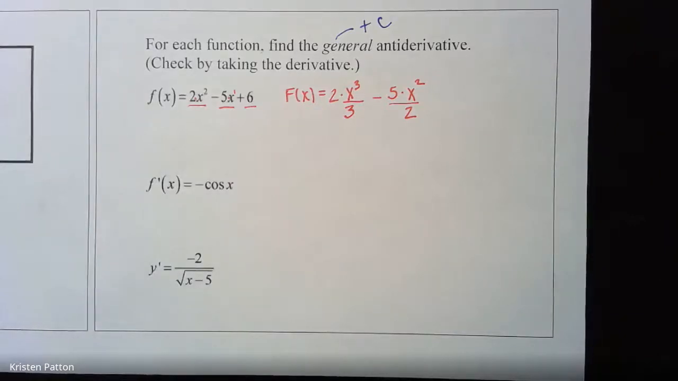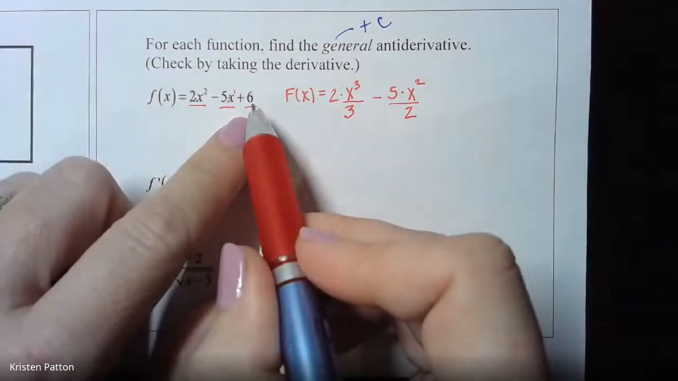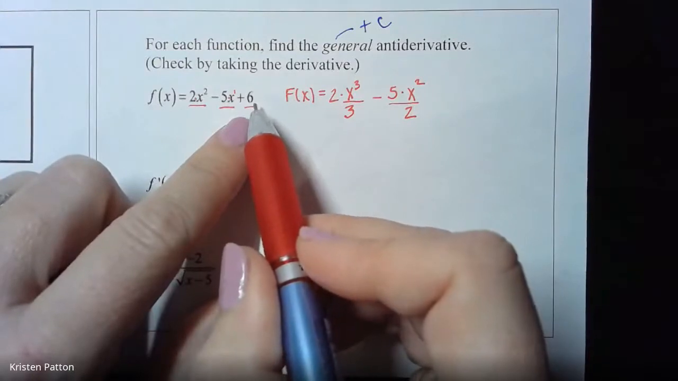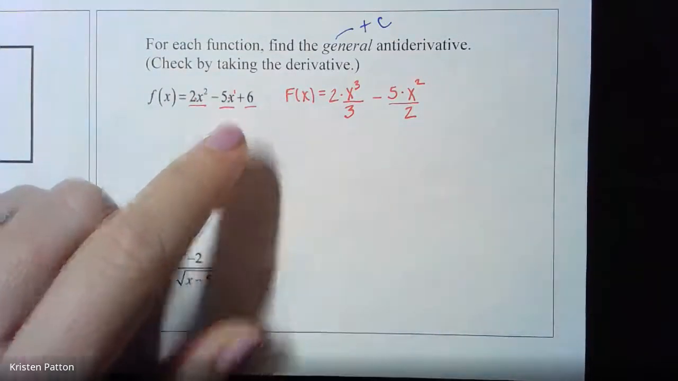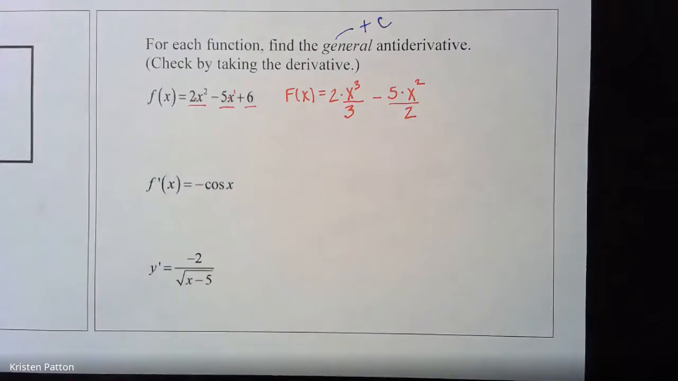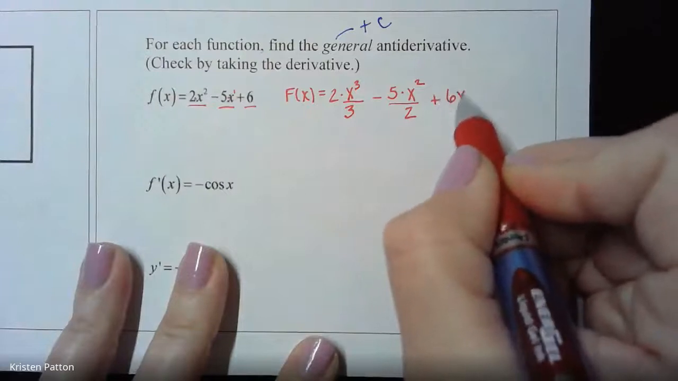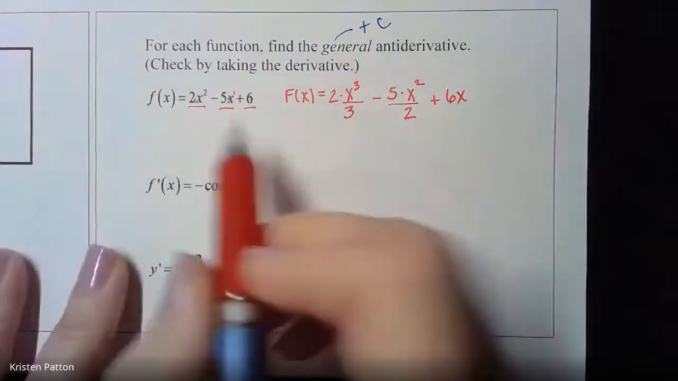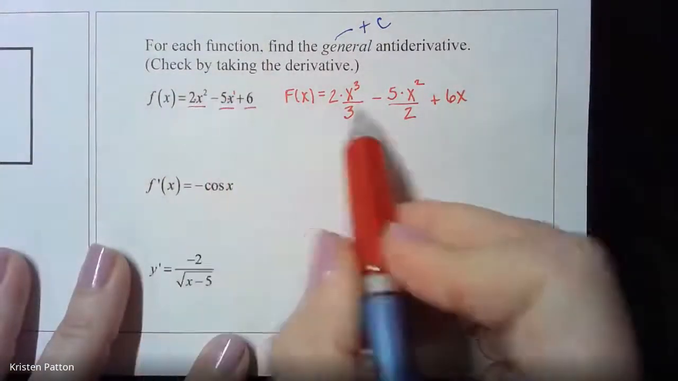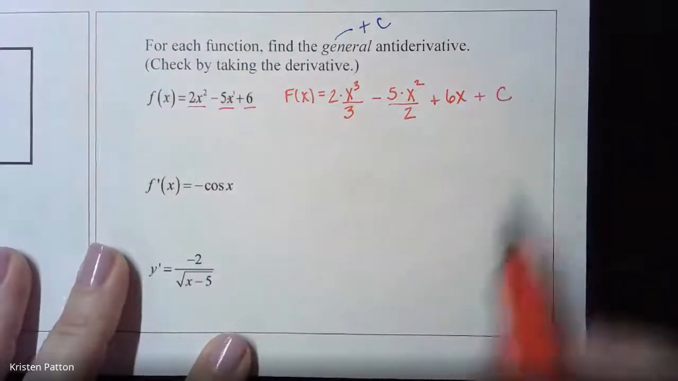Now, the third one's a little different because there are no x's there. Now, you could write x to the 0 if you really want to, but let's think about it this way instead. What is 6 the derivative of? 6x. 6x. Perfect. And so we've taken the antiderivative of all three terms, and then we'll get just that giant plus c at